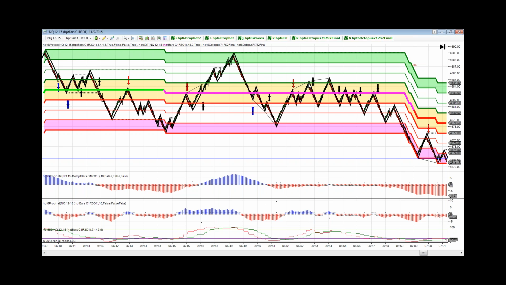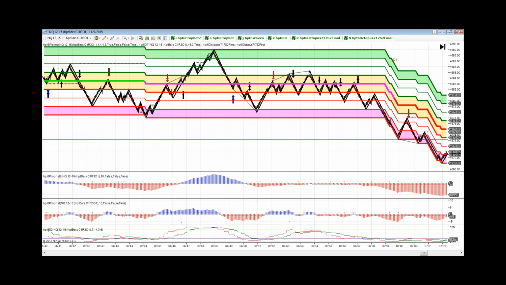You need to be able to re-enter this trade one more time. Whether you get an octopus signal or not, in this case you did, short again, at least for a nice scalp. And you can employ the same management here. This is a little more difficult, but this was your trade here, and this was your re-entry here. Notice if you were able to manage this better, you got a huge move to the downside,